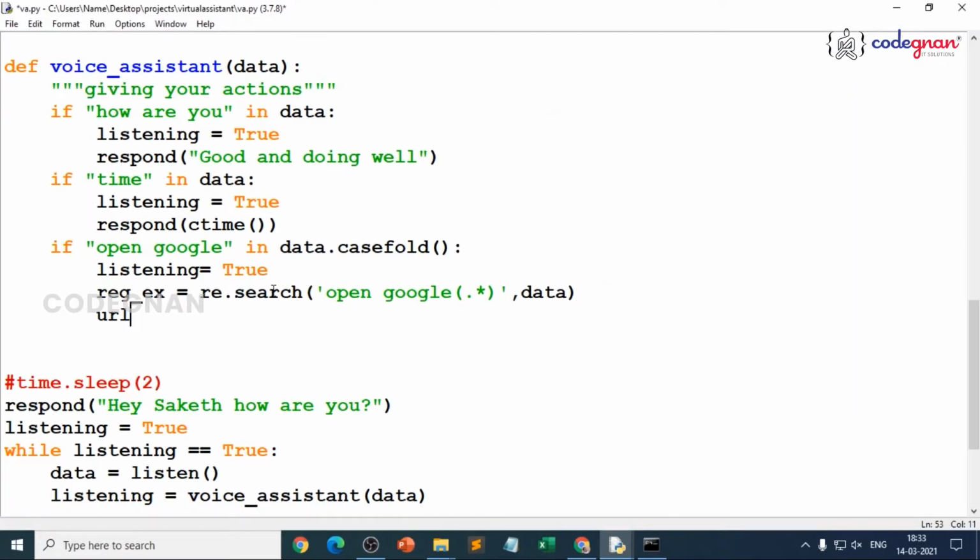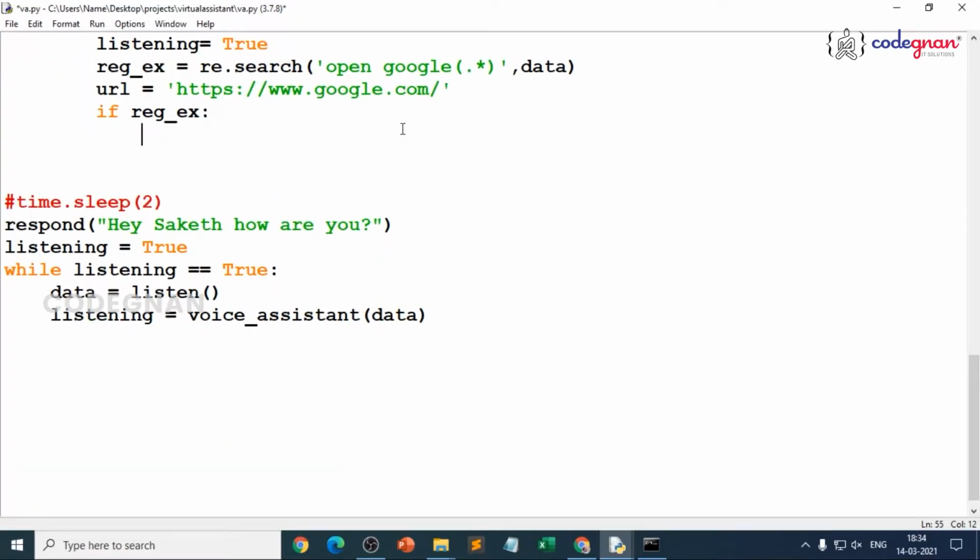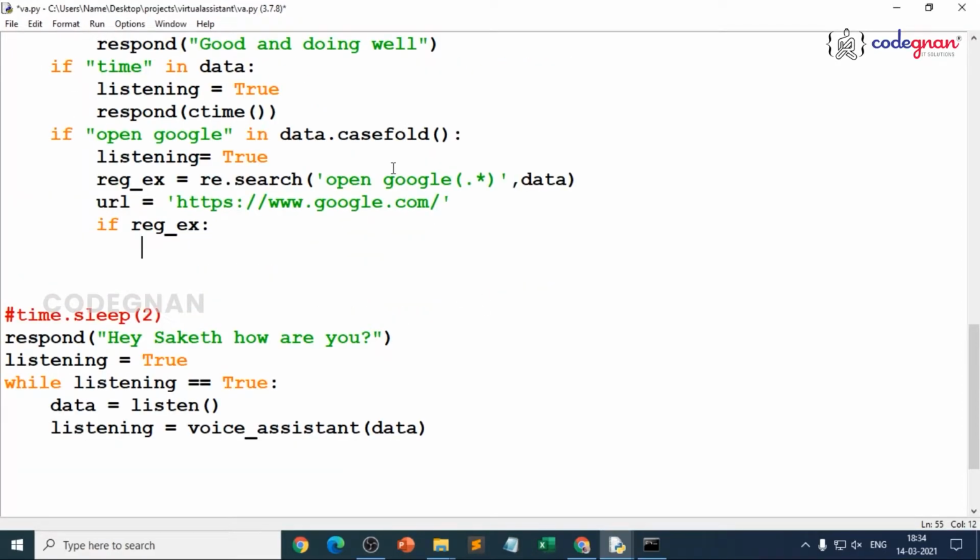So URL is equal to, just paste it within the quotation marks, automatically HTTPS, that is hypertext transfer protocol, that is a secure layer. So it will always have its HTTPS, whatever website, it's fine. Now it should open, right? Whenever we are using search, we have just used one more thing, that is we have grouped it. Yes, now we'll follow the same factor. What is the search pattern? Google. If I tell it, hey, open Google, then it should open Google, right?